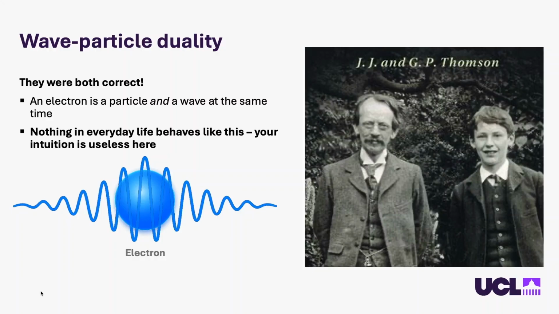And I put this second bullet point in bold because really you have to say this to yourself, multiple times, because you're going to try and reason the waviness of electrons, but you can't. Nothing in everyday life behaves like this. Nothing in everyday life that you experience has wave-particle duality, and your intuition is completely useless. It just can't apply. So it's unavoidable. We try to rationalize it, but we can't. So that's why we have to do these